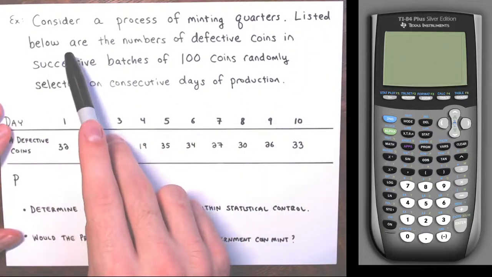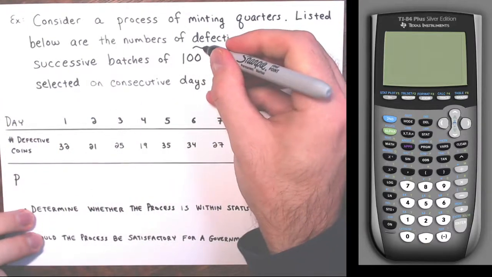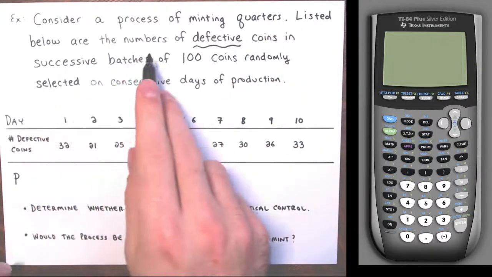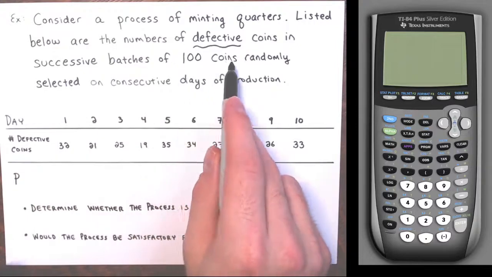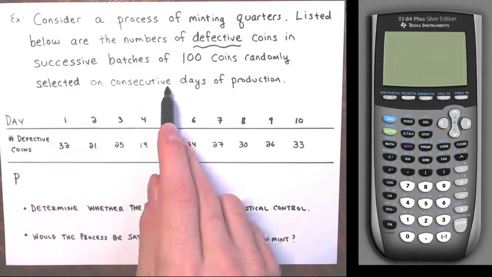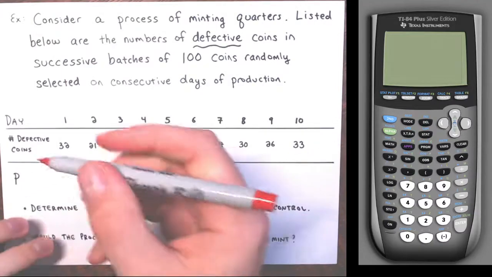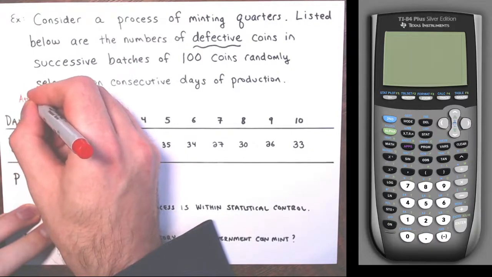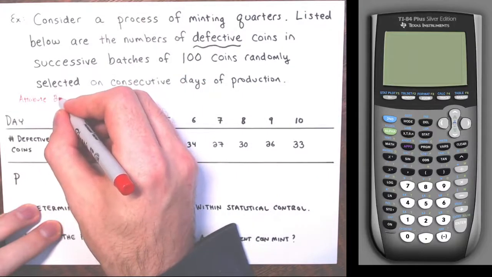Listed below are the numbers of defective, right? This is the attribute that I was talking about. Listed below are the numbers of defective coins in successive batches of 100 coins randomly selected on consecutive days of production. Right, so I'll actually write that off to the side here. So the attribute that I'm monitoring here is being defective,